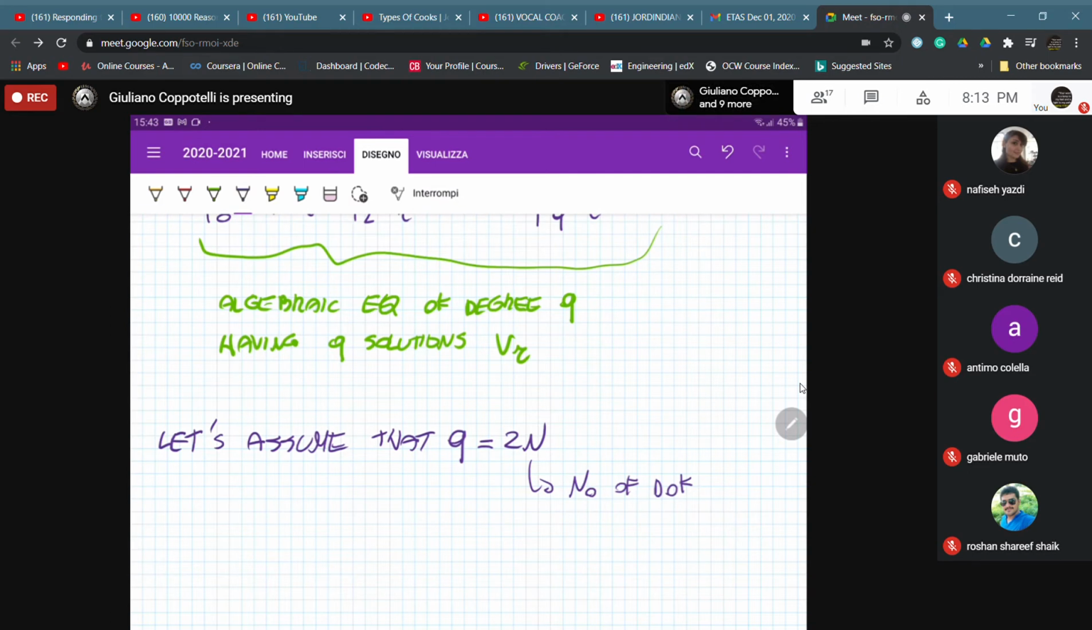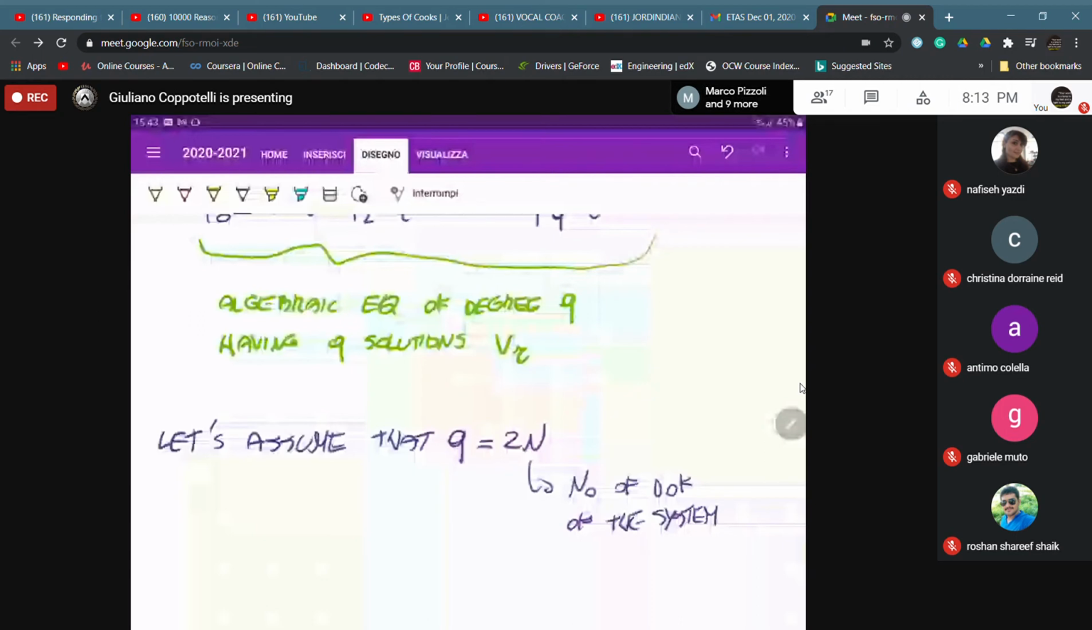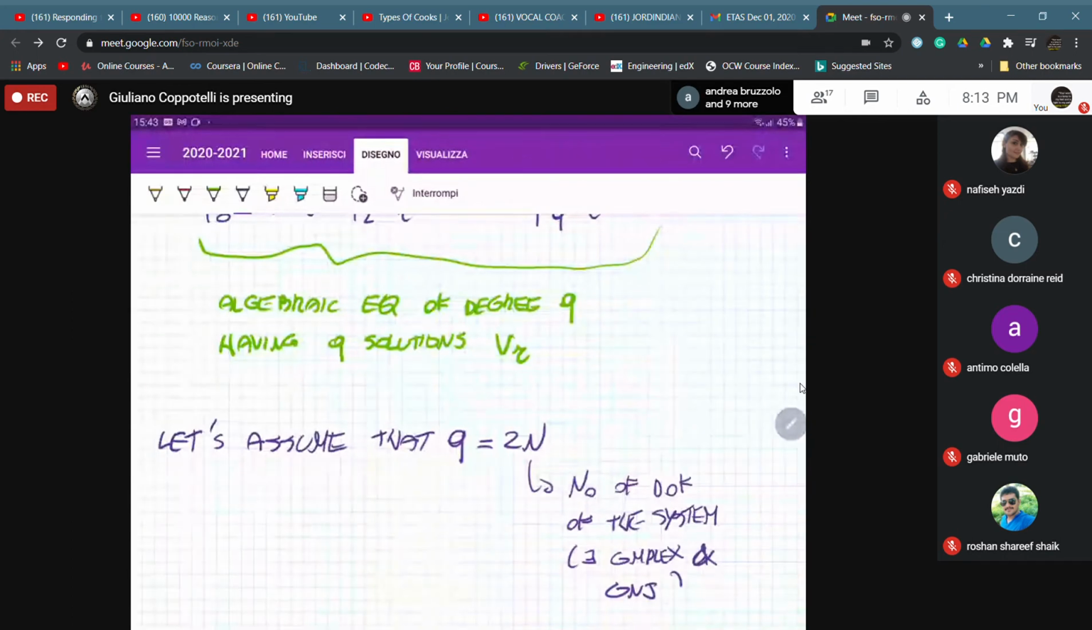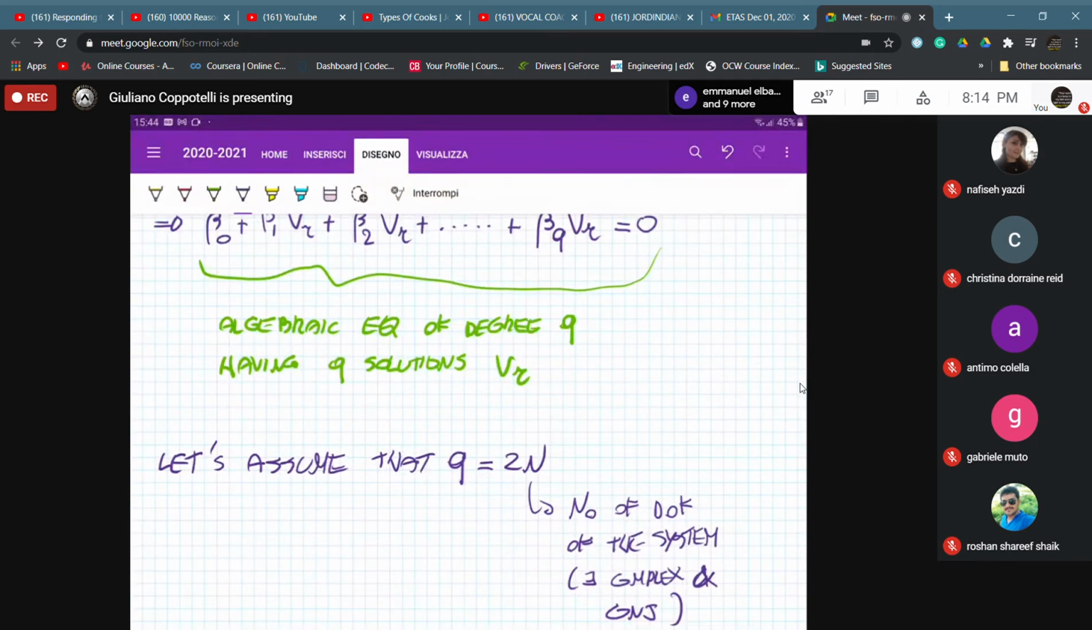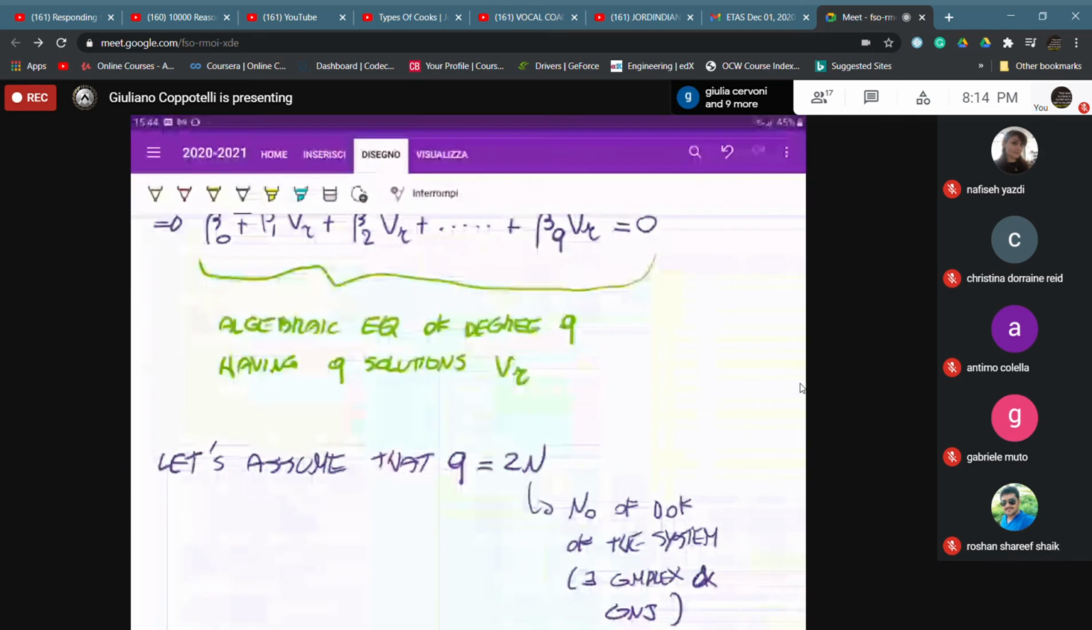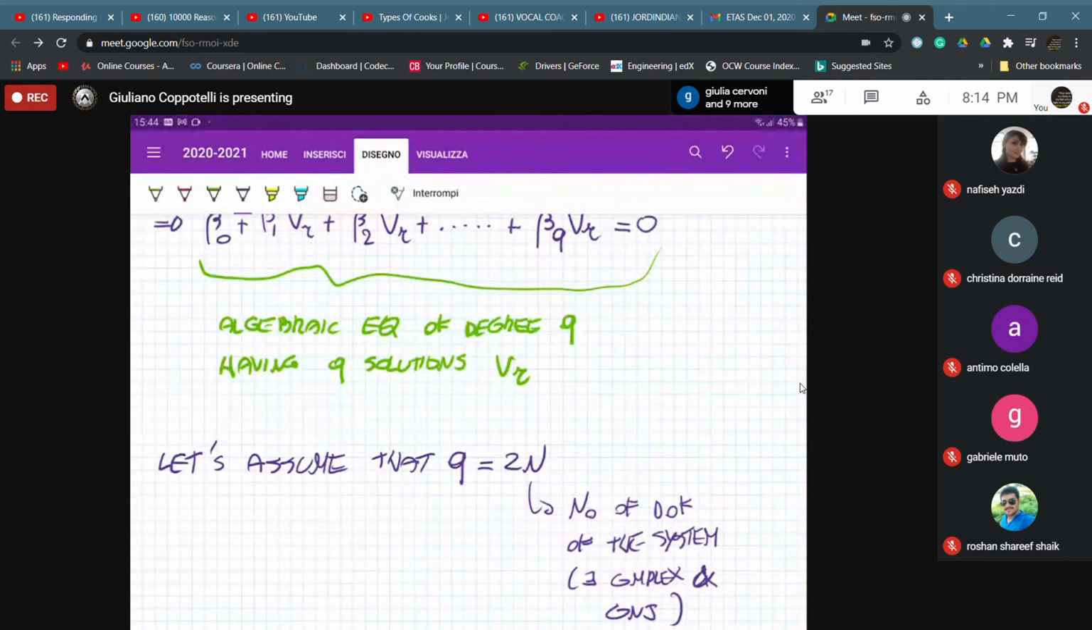Okay. And remember, the solutions are complex and conjugates, okay? So let's assume that we know this number. So let's assume that Q is equal to n. So when referring to the previous equation, okay, when referring to, if that is true, when referring to